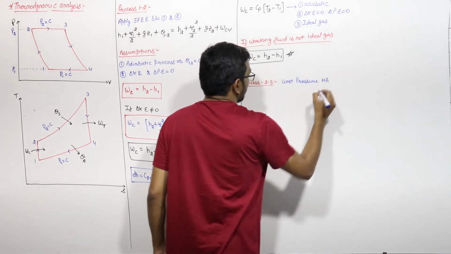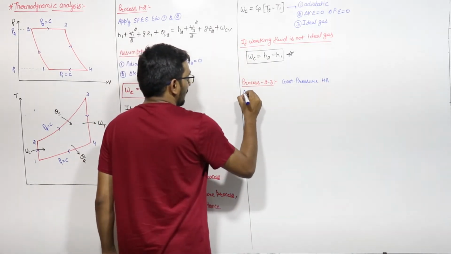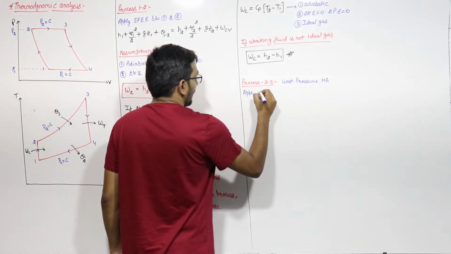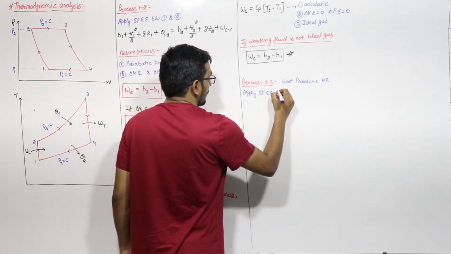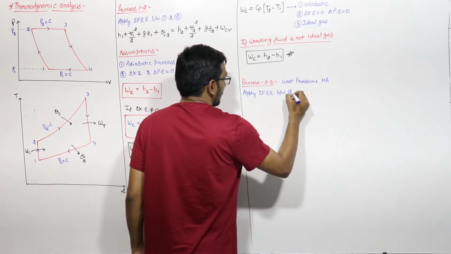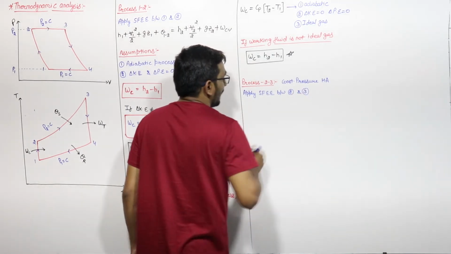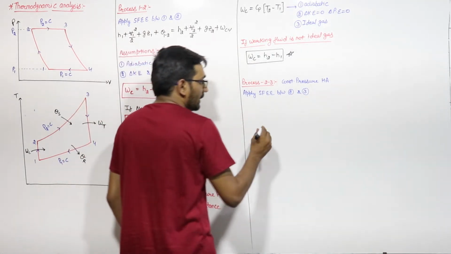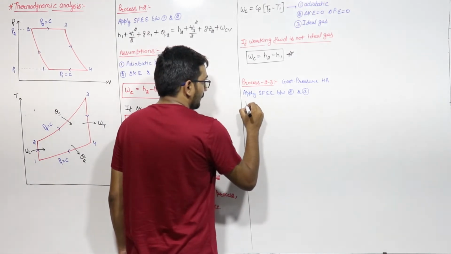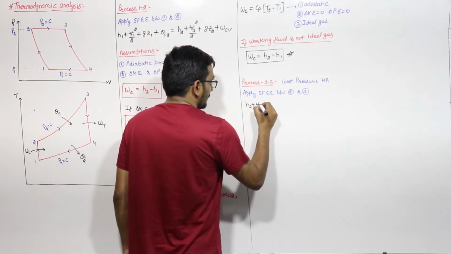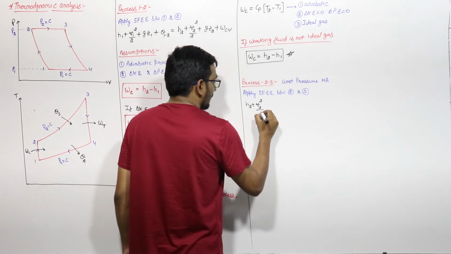If I apply steady flow energy equation between point 2 and 3, I can write H2 plus V2 square by 2 plus